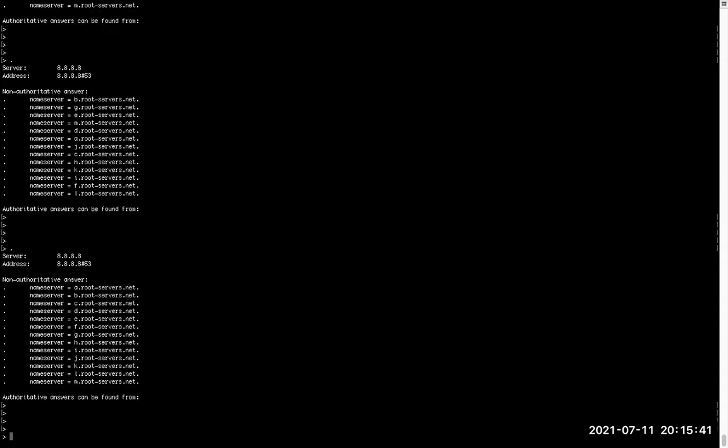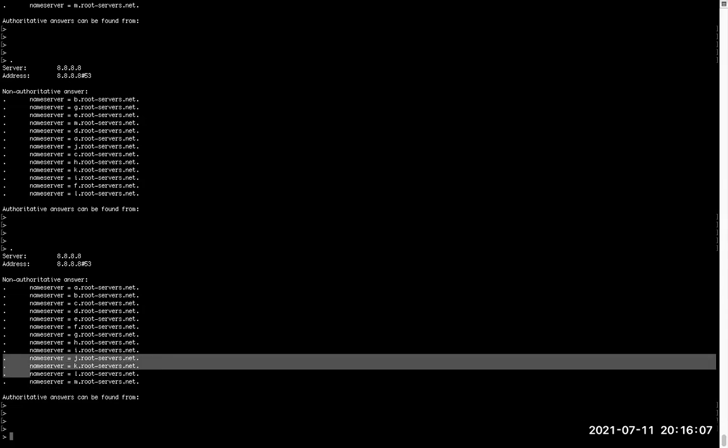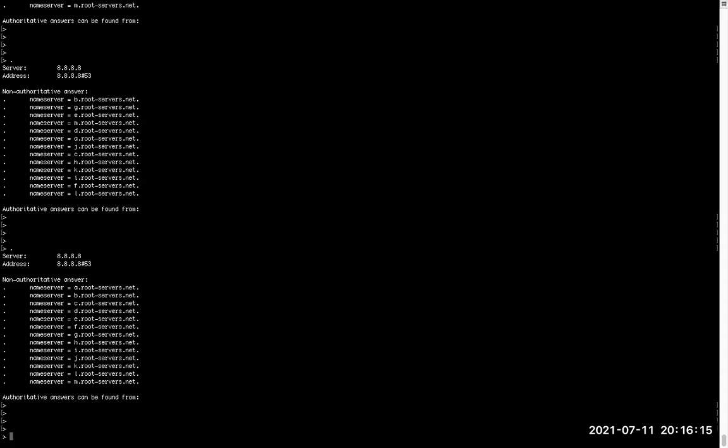So if you are making a query about CNN.com, this is a normal example I use, on your browser, it will go to your ISP like Ooredoo, then another ISP, then the root server. From the root server, it will know where the name server is. On that name server, it will find where your A record is. A record is generally WWW.